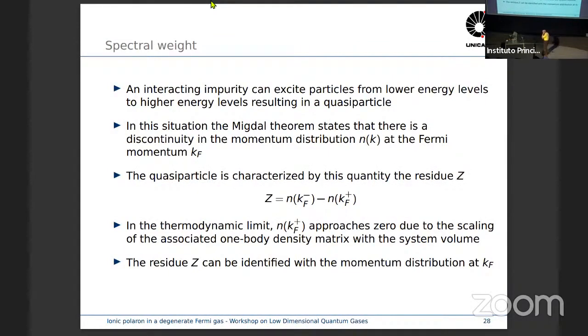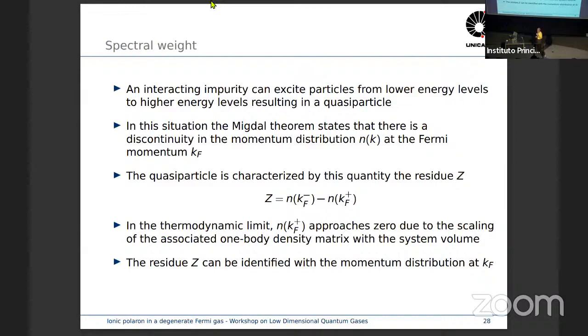Another quantity that we compute is the spectral weight or residue of the particle. So an interactive particle, what is an interactive particle? When we put some of the atoms in, we are doing calculations at zero temperature, but when there is interaction, some of the particles in the bath would jump to excited states. In this situation,